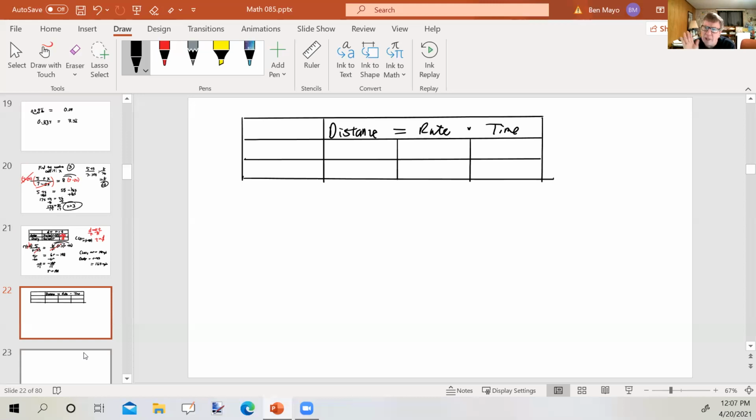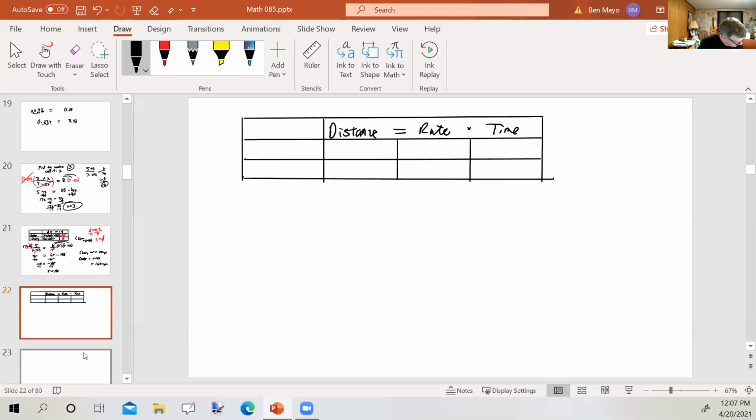If you're going with the escalator, with the current, with the wind, it's going to be the speed of that wind or escalator or current plus your speed, right? If you're going against it, it's going to be that current or speed or wind or whatever minus you. Does that make sense? Yes. Okay. Now,